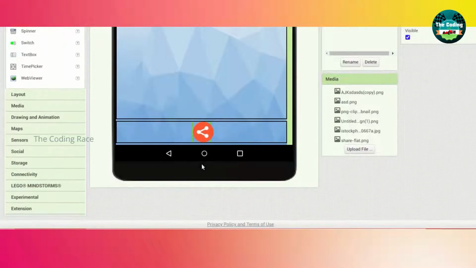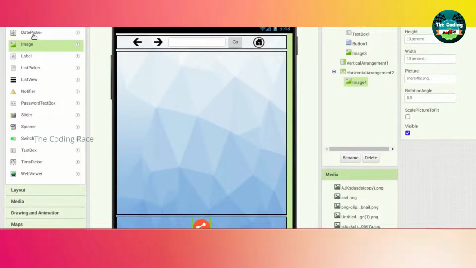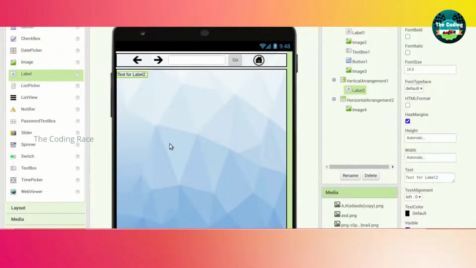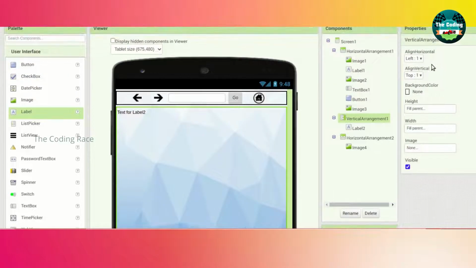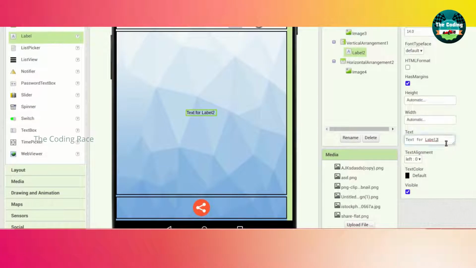If you want, you can just click on that image, click on the scale picture and click again, so it will look perfect. Sometimes it will not work. We want to add one more label. Just click on that vertical arrangement and the vertical alignment will be center and horizontal alignment will be center.